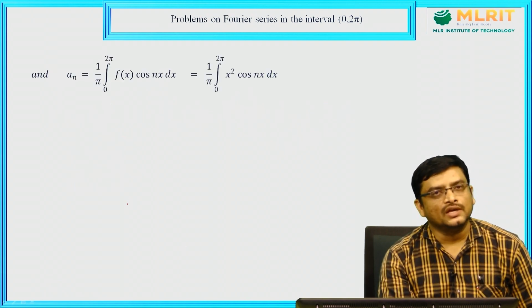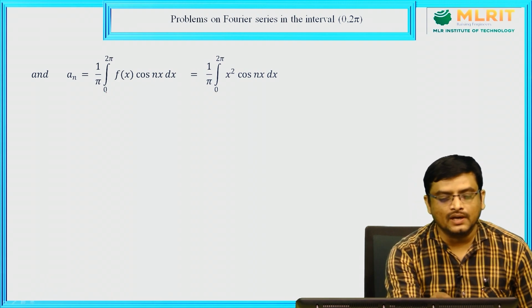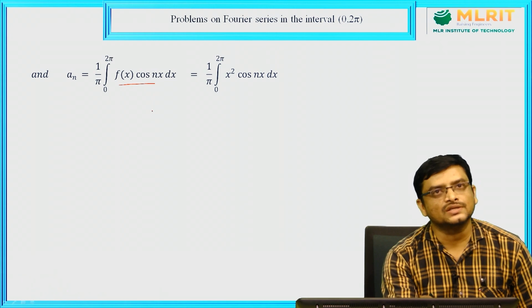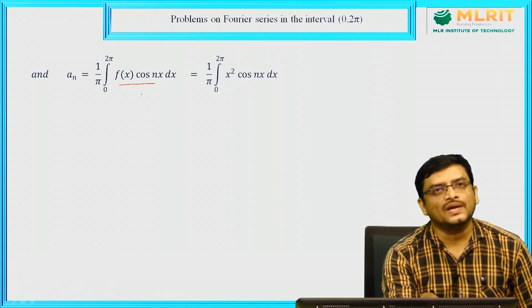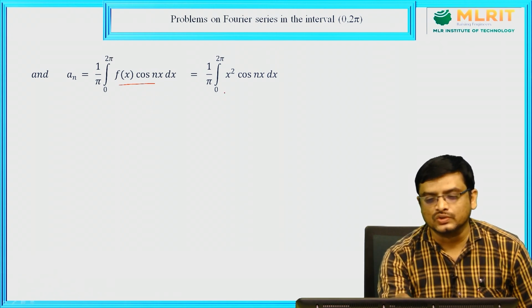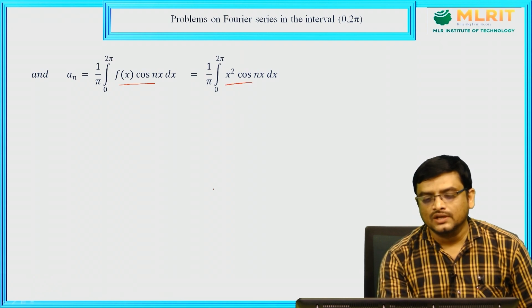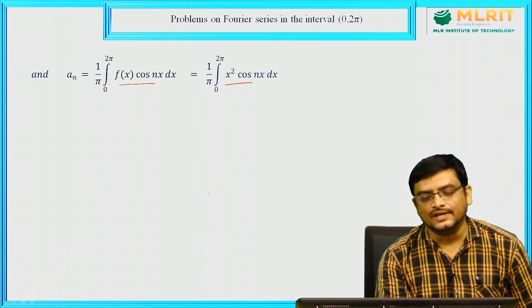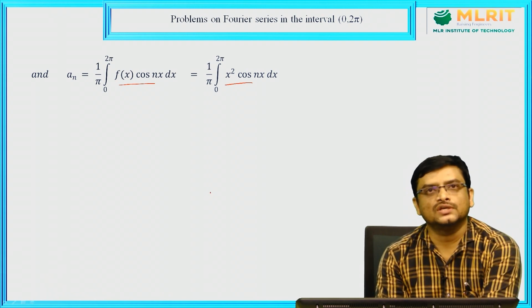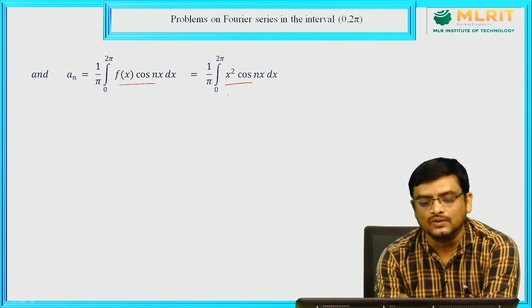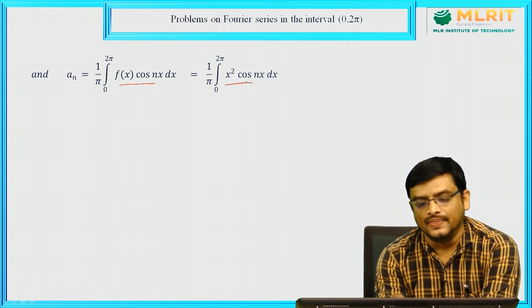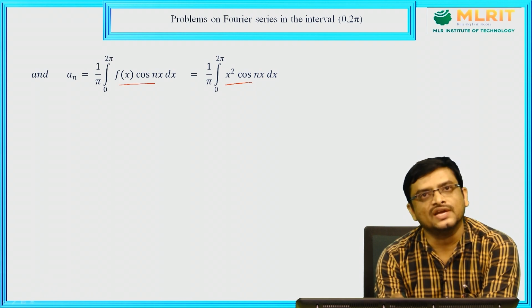So that an is given by 1 by pi integral 0 to 2 pi f of x into cos nx dx. Now substitute that f of x value, f of x is equal to x square here. So then you will get integral 0 to 2 pi x square cos nx dx. So once if you observe this function which is inside the integral, we are having a product of two functions. One is x square which is an algebraic function, and the next function is cos nx which is a trigonometric